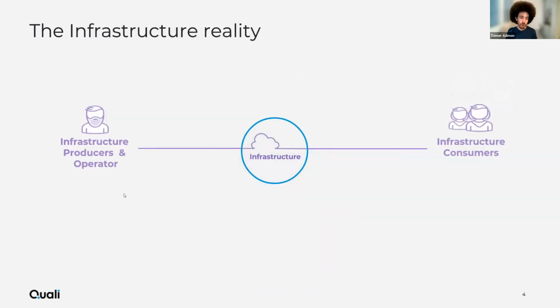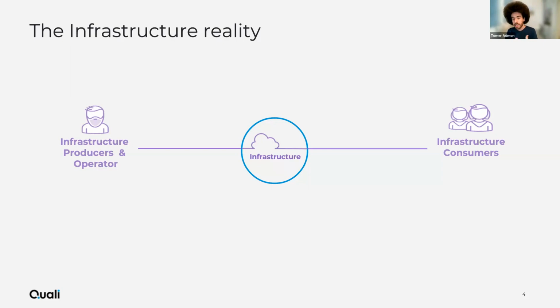So if you want to draw this reality really quickly and really focus on the things that I'm going to walk through in the demo, we have 2 main personas here. The one that's responsible for the infrastructure really understands what he wants to deploy. He really understands his customer or the market need. He designed the infrastructure. He architected the best deployment option, maybe with security in mind, maybe with scale in mind, maybe disaster recovery. But he really understands the cloud or the on-premise environment, by the way. And he needs to orchestrate that. He needs to launch that. He needs to operate that over time.